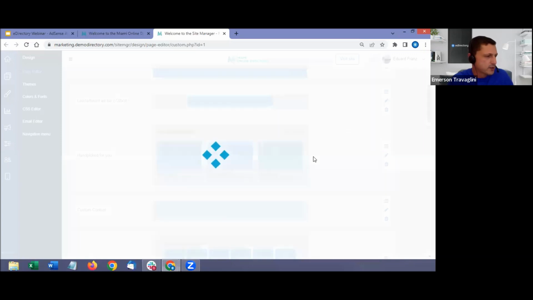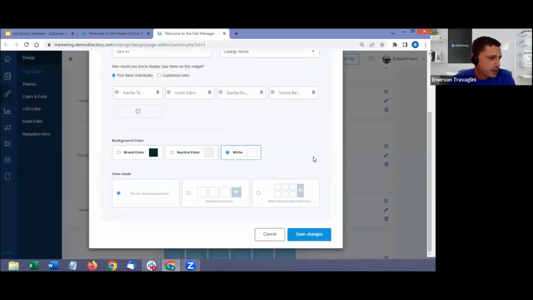When you edit this, you can select if you want to use a square banner or a wide skyscraper banner, or do not display banner ads. You have the options to configure some widgets to display banners or not. So it's very simple to populate your site with banner slots, so you can take advantage of the advertising programs.